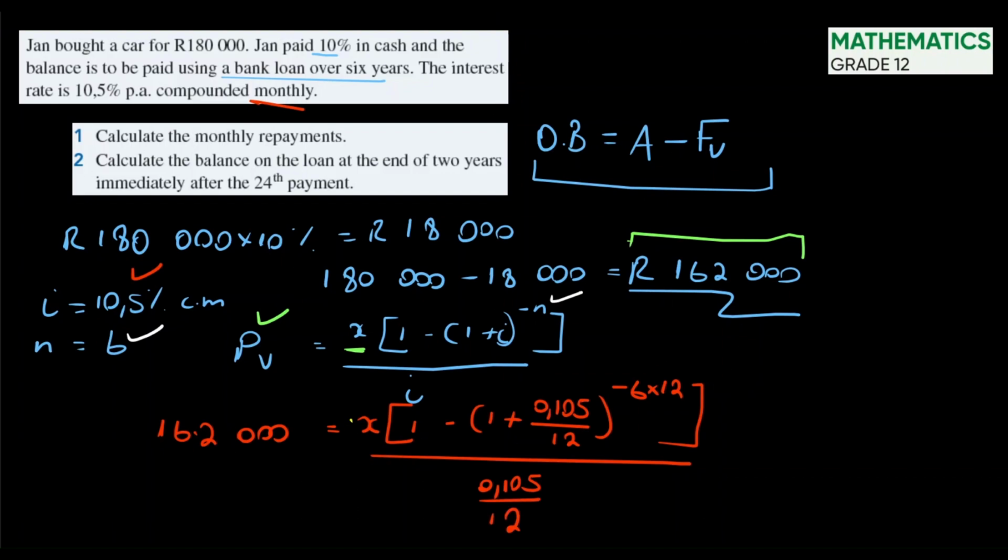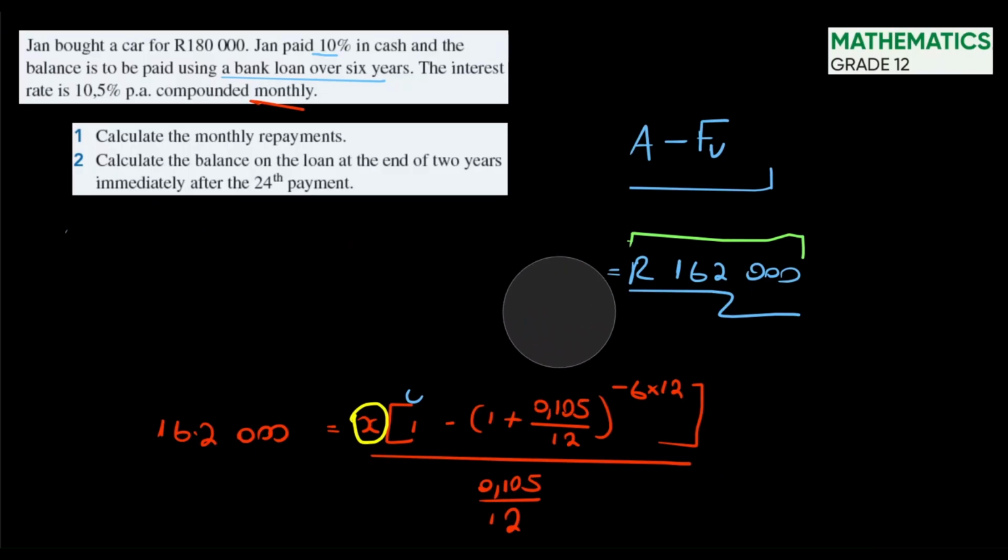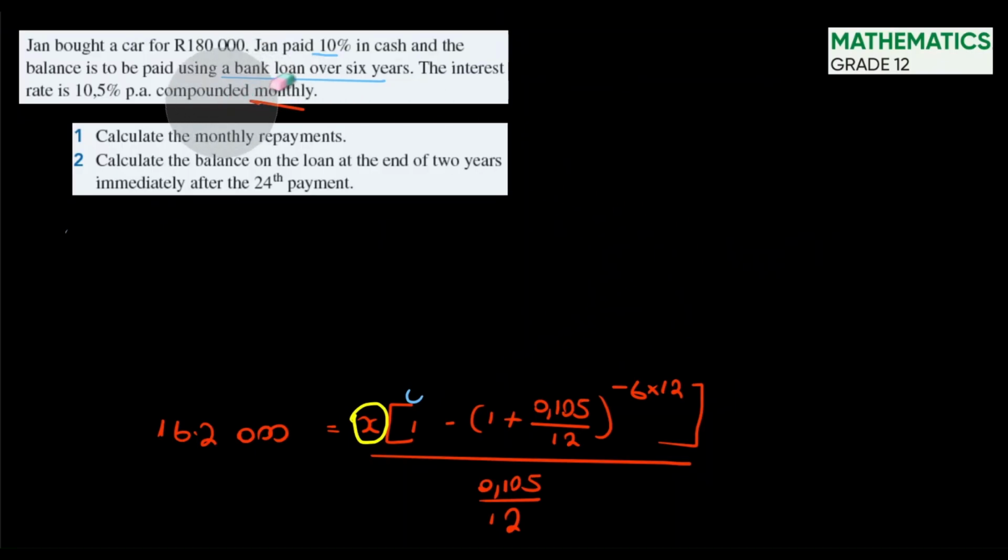Remember, we're solving for x, so we have to isolate everything that's standing in the way of us making x the subject of the formula. I'll erase this, I'll bring it back later, or you can just pause the video and write it down. So we need to solve for x. How are you going to solve for x? We're going to cross multiply. This is divided by 1, so we can just cross multiply, which will give us